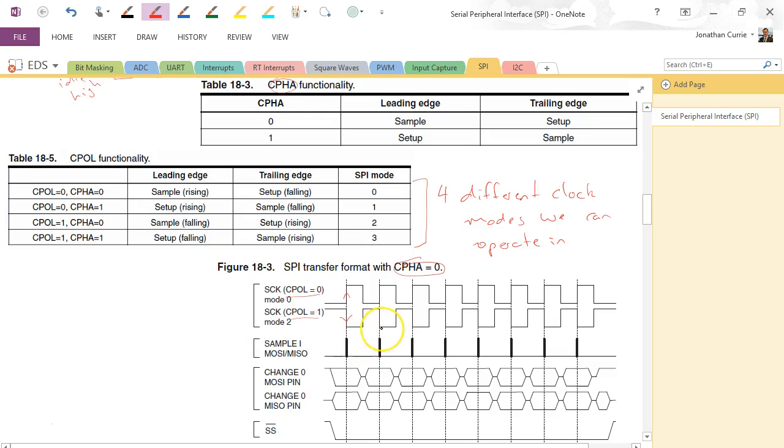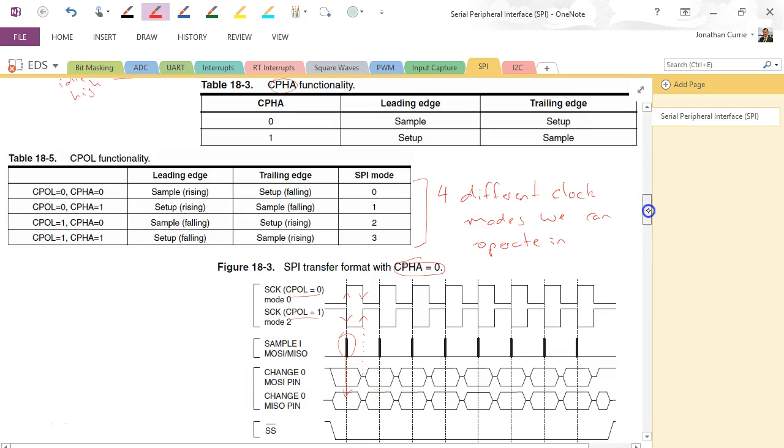On the leading edge we sample, so we're sampling master in, and that's going to happen, hopefully, in the middle of where the data has been set up. And on the trailing edge, set up: on our trailing edge, which is here, we're going to set up the next bit coming out of our